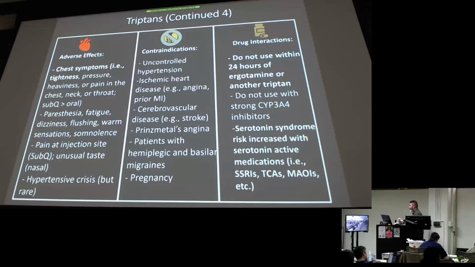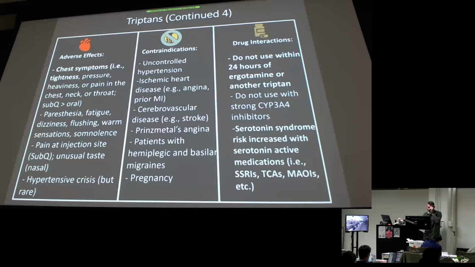So if I was giving this in the clinic, I would ask if they normally had a driver before I would do it, right? If they don't, or if I'm a little nervous about their contraindications, then I would say, hey, try it at home. But if they have a driver, you're more safe, in case they have some of these adverse effects. Flushing's common, warm sensations. If it's an injectable, common sense, you can get pain where you injected. And then hypertensive crisis is a serious adverse effect, very rare, but you have to keep it in the back of your mind, right? That's why I said if we do it in the clinic, most of the time we try to get them on EKG just to see what's happening, or at least take serial BPs and pulse, right?